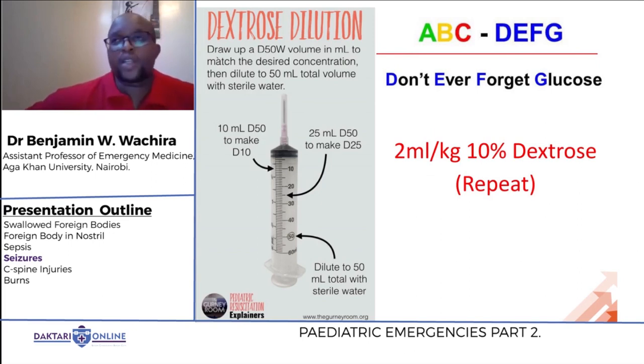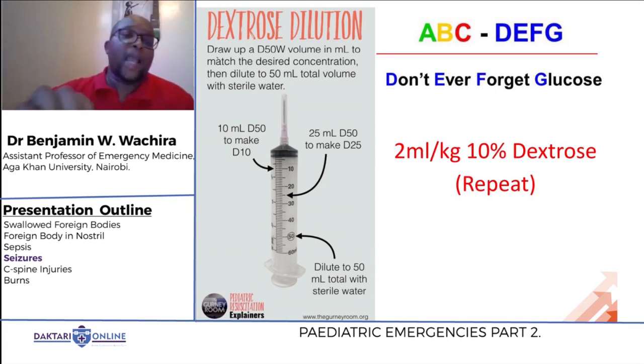So a lot of it, as I said, hypoglycemia. Increased metabolic rate in kids, hypoglycemia is common. So all children, just check their sugar. If they're sick, check their sugar. Okay, and 2 mLs per kg of 10% dextrose, and you can repeat up to 5